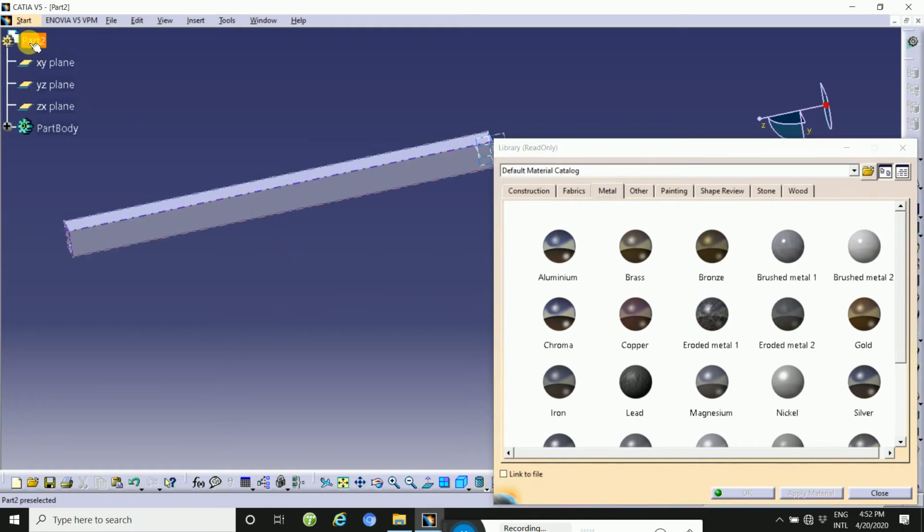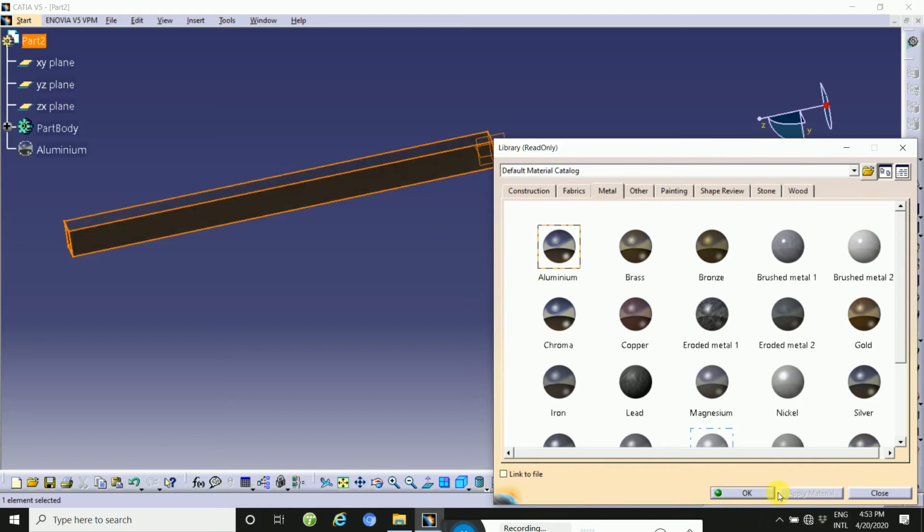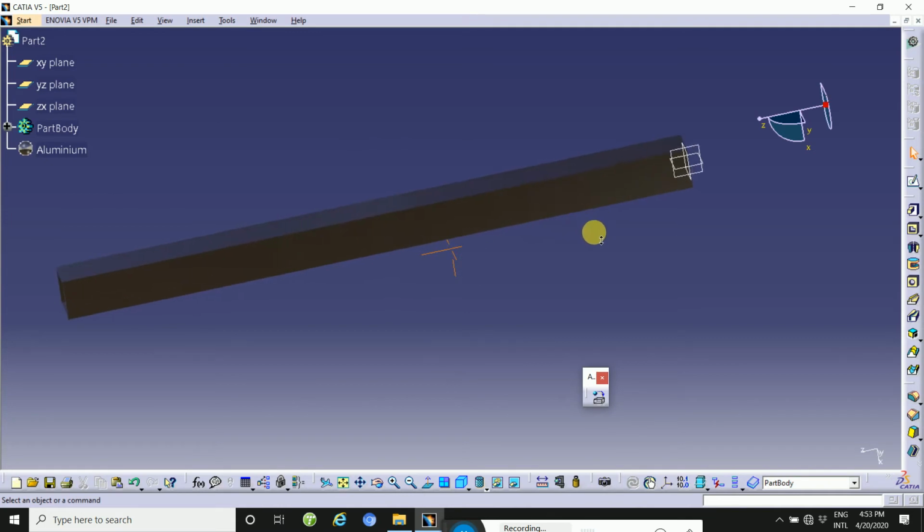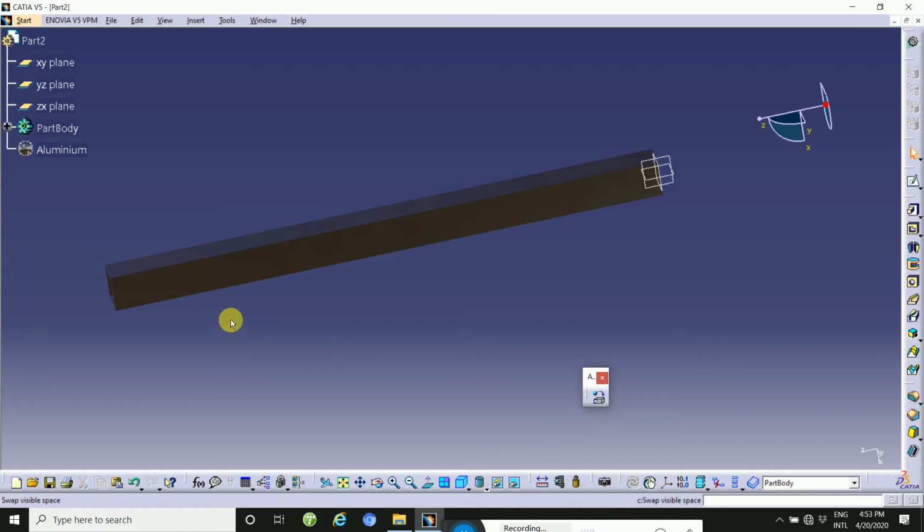First you click the part, then apply material, click on aluminum, then apply material, then OK. We choose apply material from the top of the screen, choose the first material, and then OK.